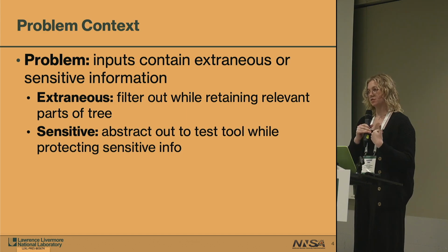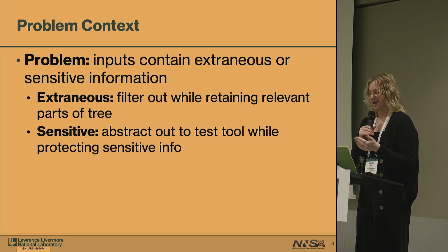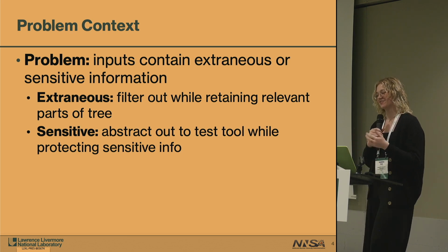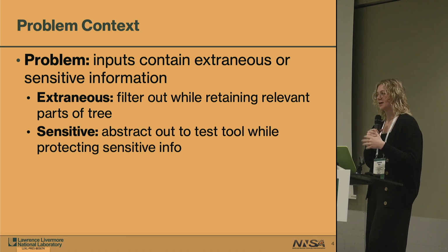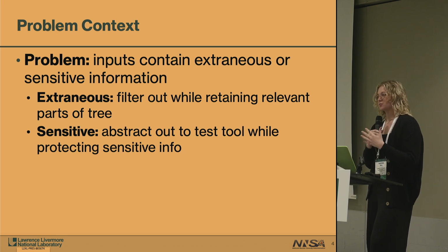And for our specific use case, if you've ever looked at an abstract syntax tree generated by Clang, it's very messy. There's a lot of unnecessary information in there, like IDs and information about the header files. And since we're trying to test on programs that literally already have millions of lines of code, it's really not helpful. So we had to find a way to filter that out while still maintaining the integrity of the input